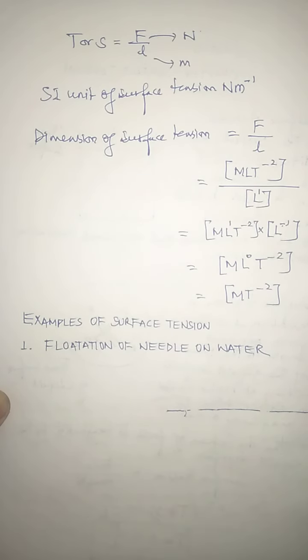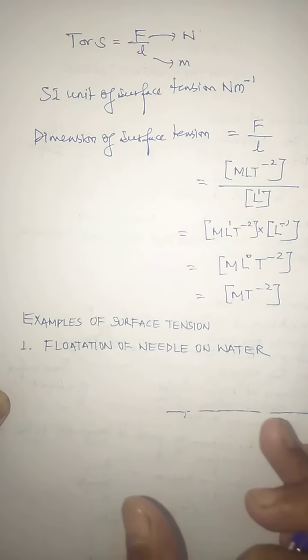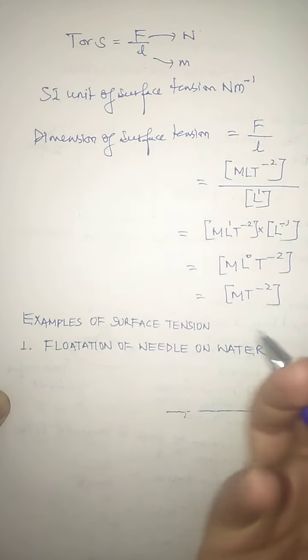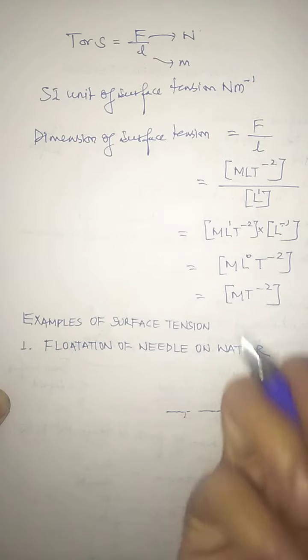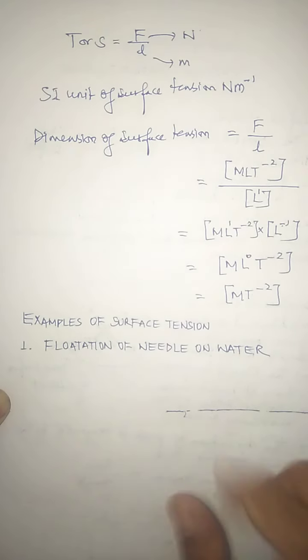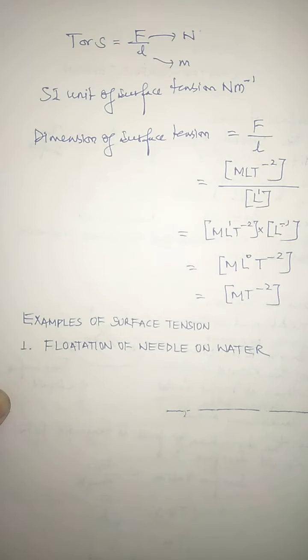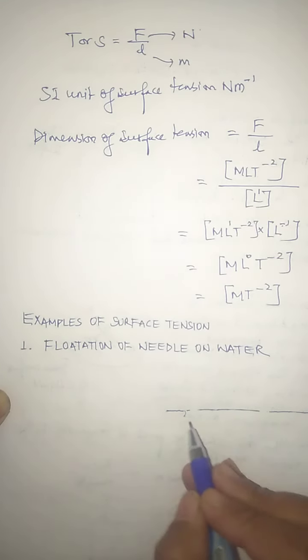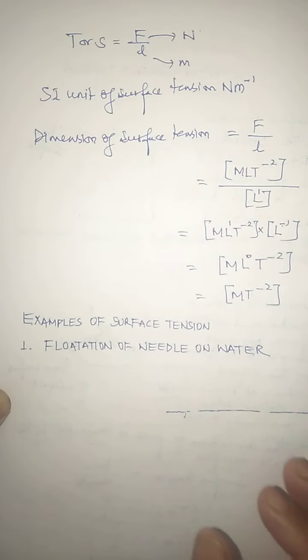In this case, we take water, and this is the free surface of the water. If you take a very thin needle, place it on a blotting paper, which absorbs ink and can even absorb water, and put the paper gently on the surface of water, then what happens? The blotting paper will soon sink to the bottom, but you can see the needle will remain floating on the surface of water.